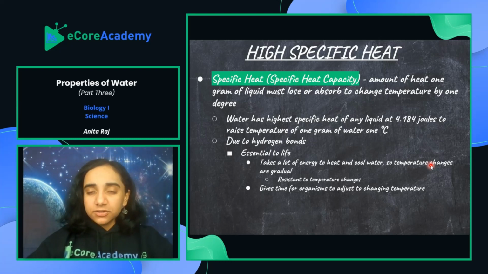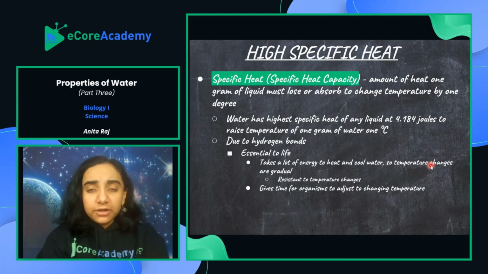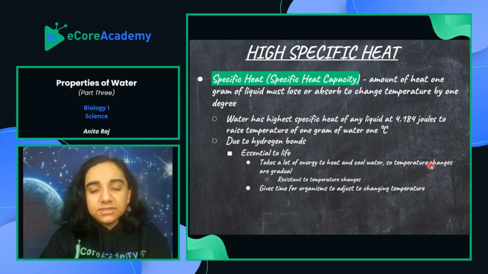Again, this is essential to life because organisms are not good with sudden temperature changes. We have to have gradual temperature changes. I didn't explain fully why that's necessary, but we'll talk about it later when we talk about enzymes. You've all probably heard about enzymes. They help with chemical reactions and metabolism in our body, how we convert the food we eat into fuel